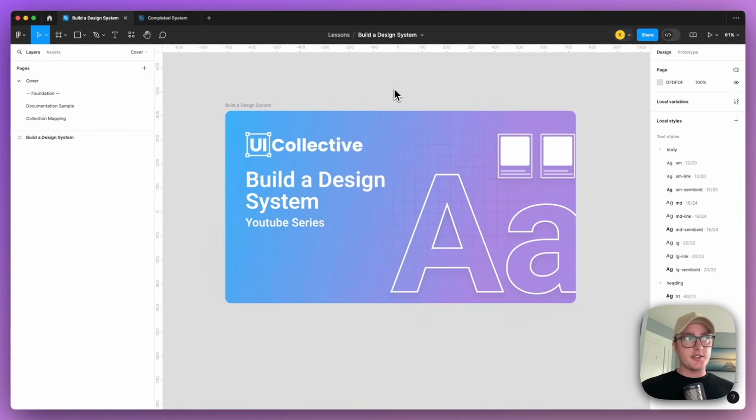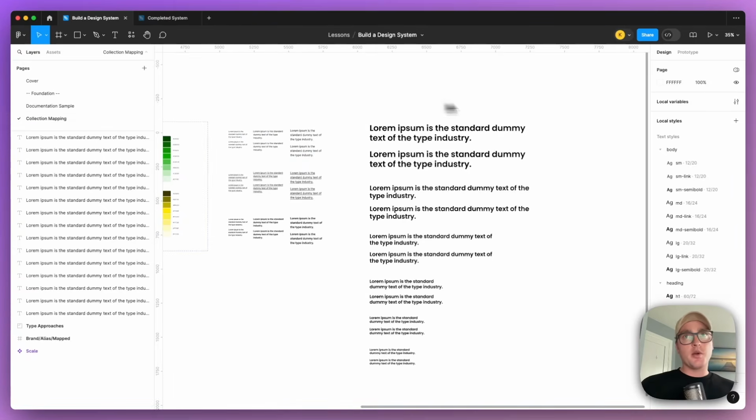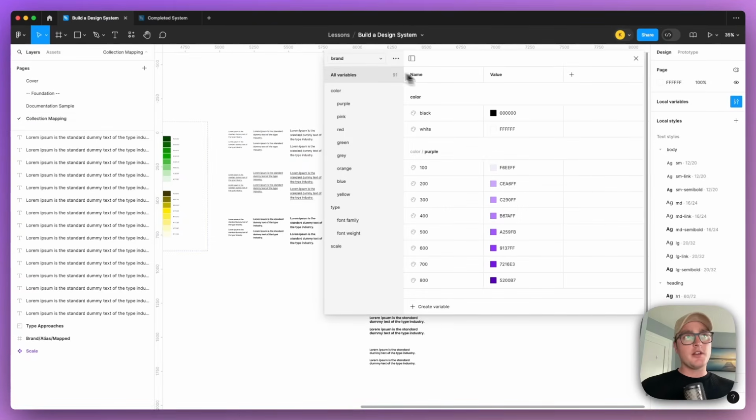very own design system. Today, starting with our token and variable setup, we're going to look at building out our tokens and variables across our color and type variables and more, across our brand, alias, and mapped collections, and even introduce this idea of a responsive collection as well. We're going to cover some of the different approaches that you can take, how to build your type scales, type variables in a way that makes sense, and some of the theory around building out or setting up your tokens